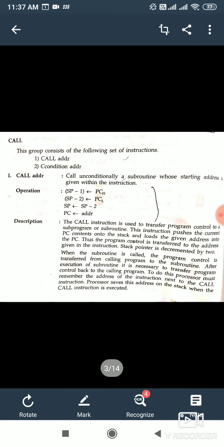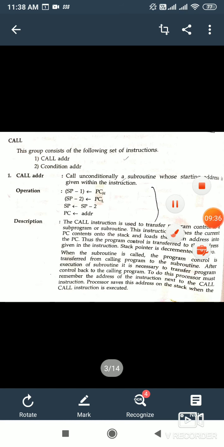Now I will explain individually the call instruction and the return instruction. After having the concept of the push instruction, the concept of the call instruction will be clearer to you. Call will unconditionally jump our program counter to a small program known as a subroutine, starting at the address given by this call address.